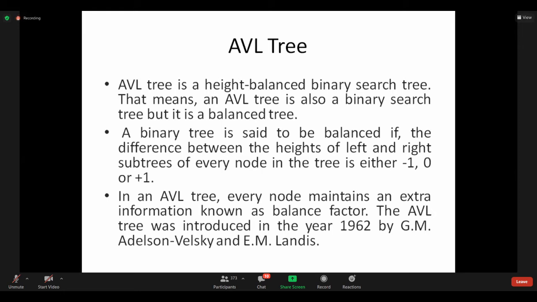Left rotation, nothing but LL, and right rotation, nothing but RR. Those are single rotations, and then LR and RL. Finally, we have 4 rotations. Depending on the instance of the tree, we can use LL, RR, LR or RL, any type of rotation based on the particular tree. We have to know the rules of each rotation, then we can use that rotation to make the imbalanced BST balanced. Then finally our tree will become an AVL tree. That is the concept of rotation.